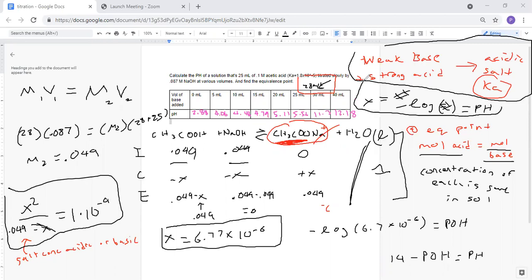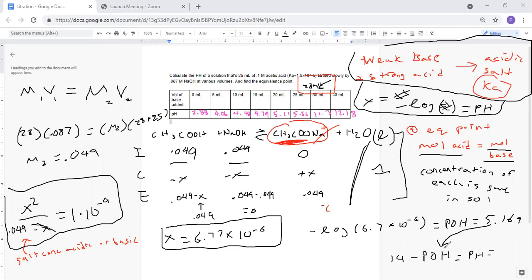So I'm going to create a summary of this at the end. I'm just explaining it as I go as well. So the pOH here would be 5.169. Plug that in here, and your pH becomes